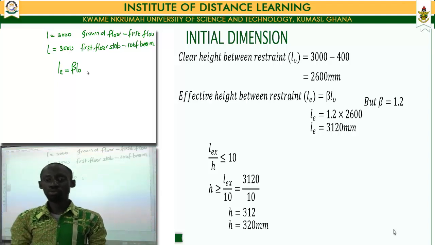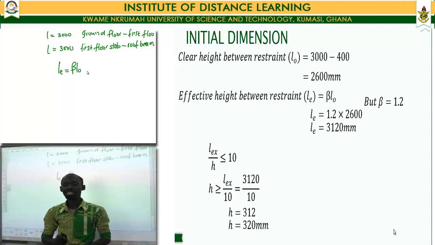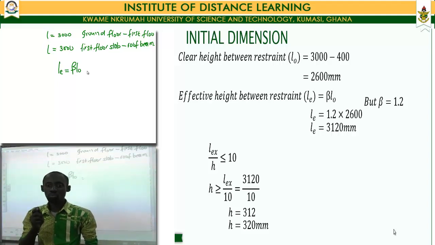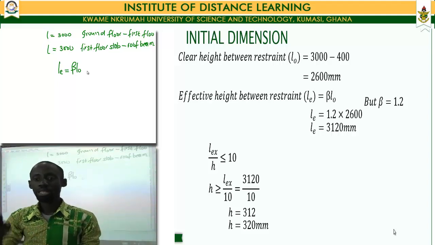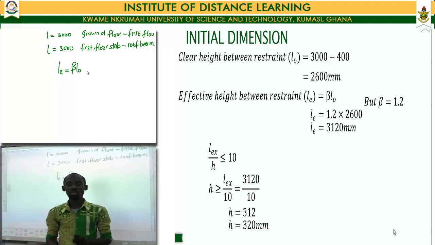Now, this 312 millimeters can be approximated to 320 millimeters, in which case the depth of my column within the X direction has a value of